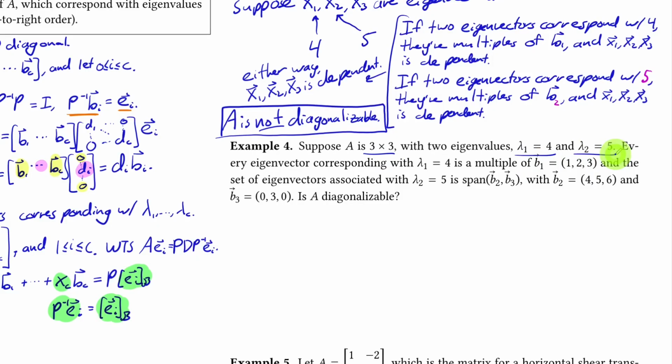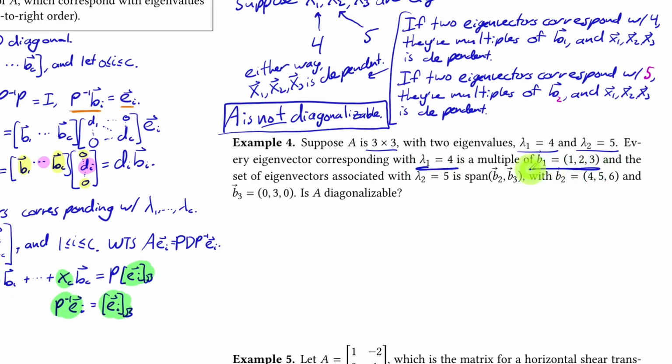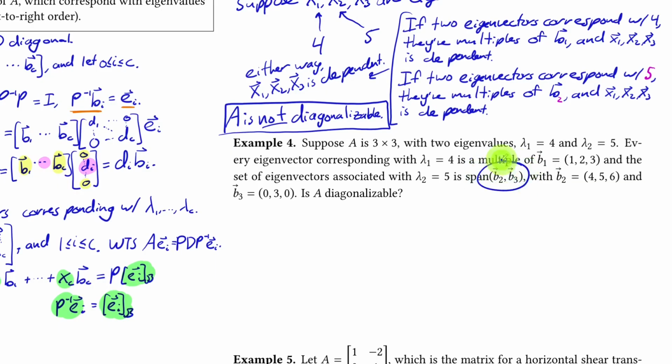Every eigenvector corresponding with lambda 1 is a multiple of b1, the same thing, and the set of eigenvectors associated with lambda 2 is the span of b2 and b3, where b2 is 4, 5, 6, and b3 is 0, 3, 0. Now, in this case, b1, b2, and b3